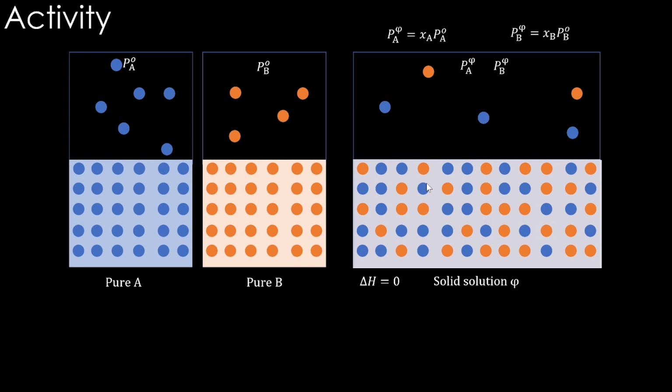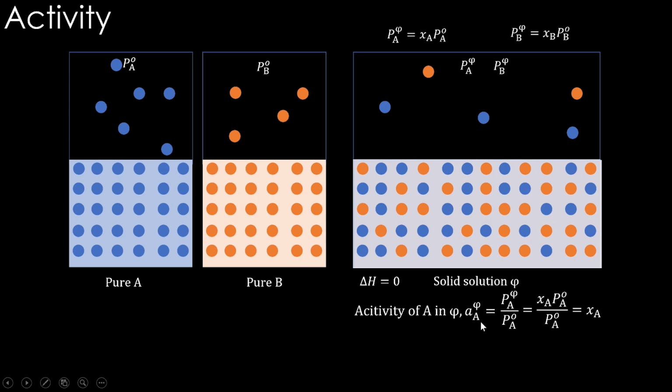So this ratio then gives us a hint about the solid state behavior. Partial pressure of A over phi and the standard partial pressure of A. So this can be called as activity of A in phi. This small a here, that is the notation used for activity. So activity of element A in solution phi. This is how it is indicated. Activity in this case will be equal to this XA PA standard by PA standard, which will be XA, mole fraction of A. So mole fraction of A is the activity.